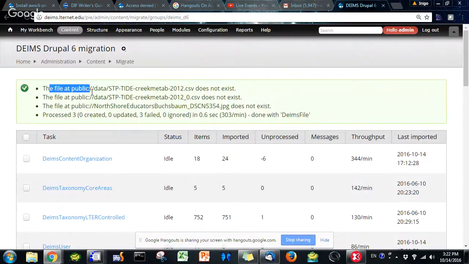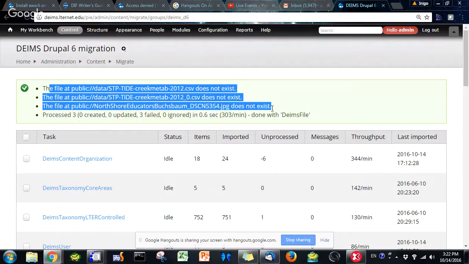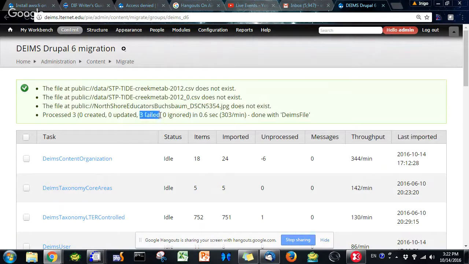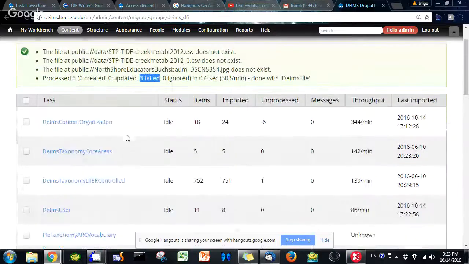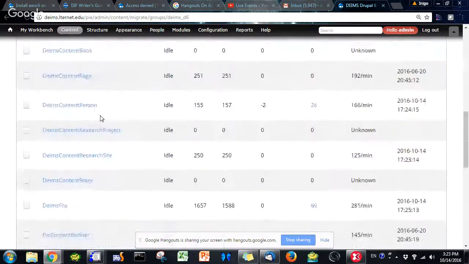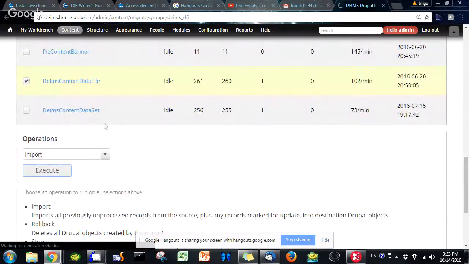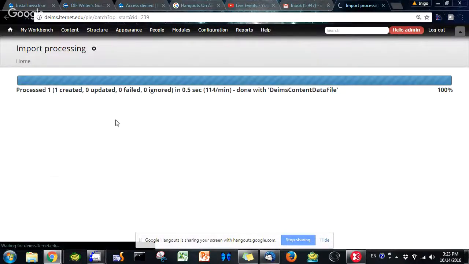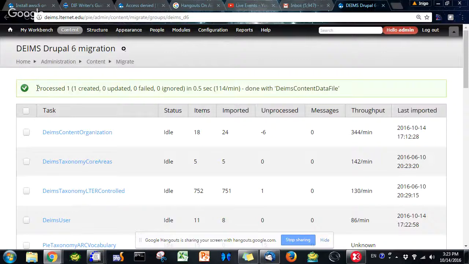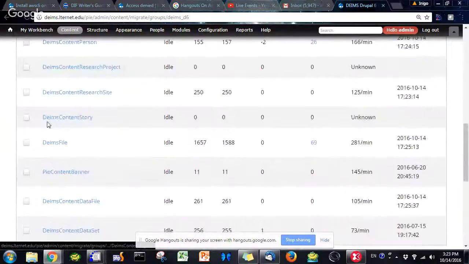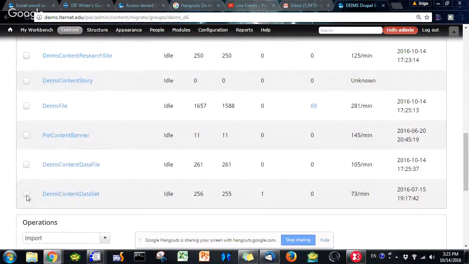And so the machine is going to complain that it didn't find the files, and it failed because of that. But that's what I would do. I would have to locate these files and place them in the file system so Drupal can find them. In this case, it didn't, but at least I think we go over this hurdle by doing that. All right, so the data file has run. I created one additional node for the data file, and finally, we're going to go to data set, which is the